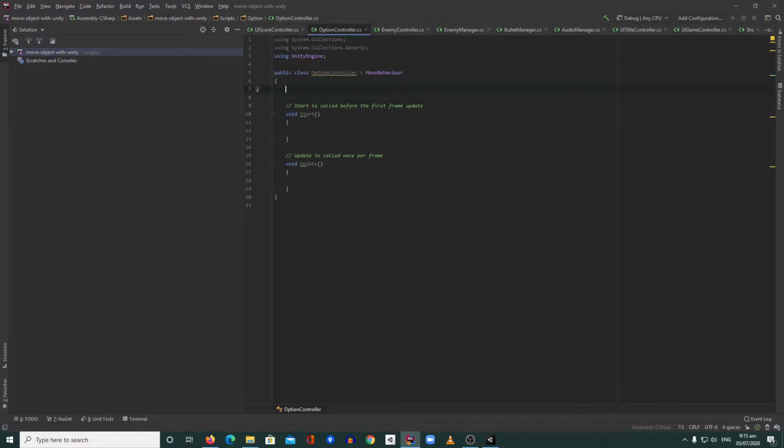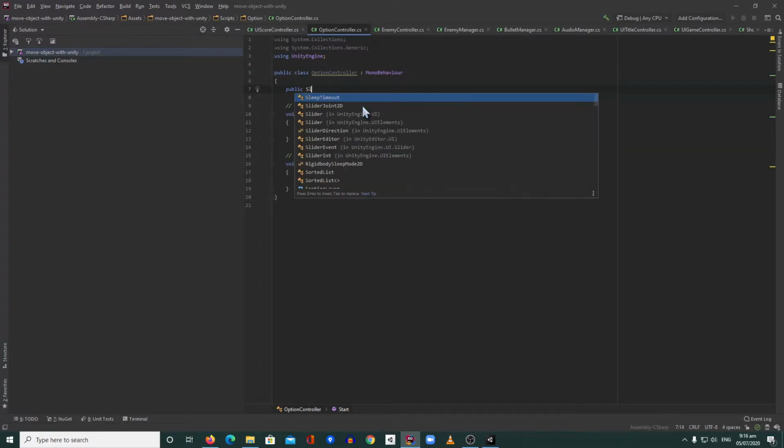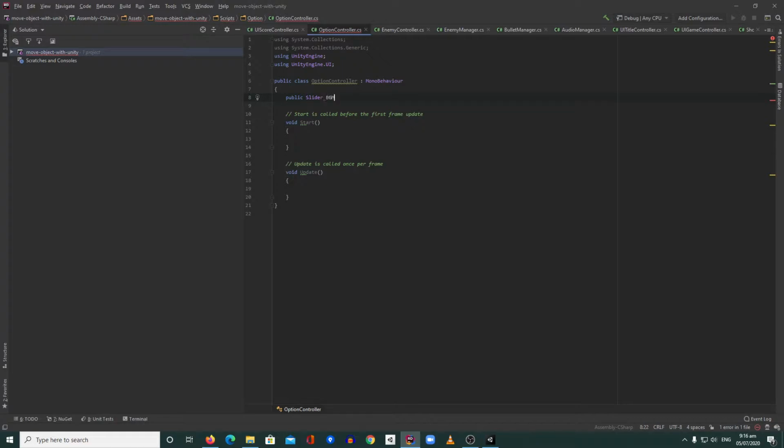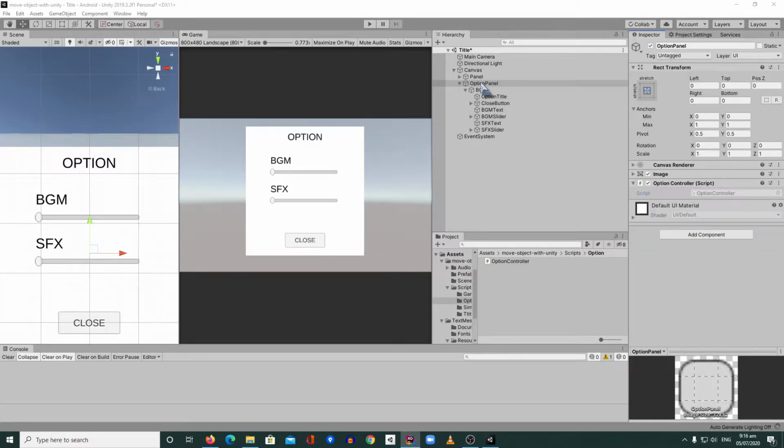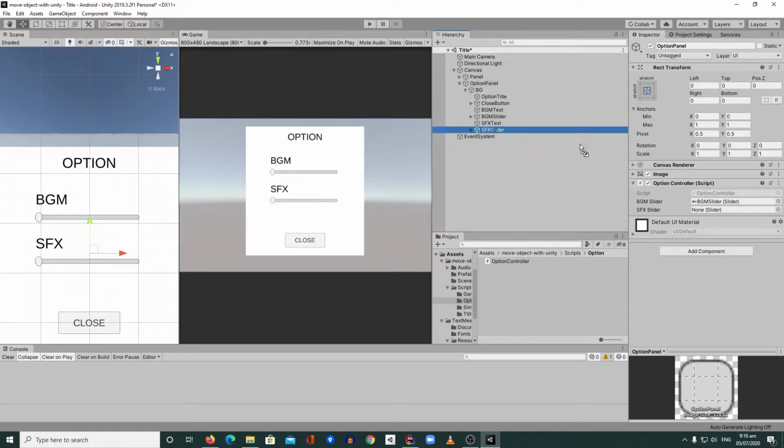So now we need to have a public variable here, UI slider. We're going to access that slider. So now what's the name of that slider? So this one, Unity UI. So this is a slider, so BGM slider, and then we're going to create another slider for SFX slider. We're going to save that, and then we're going back to our Unity project. So let's wait for it to be saved, and now it's saved. I'm going to drag the BGM slider to the BGM slider, the SFX slider to SFX slider,